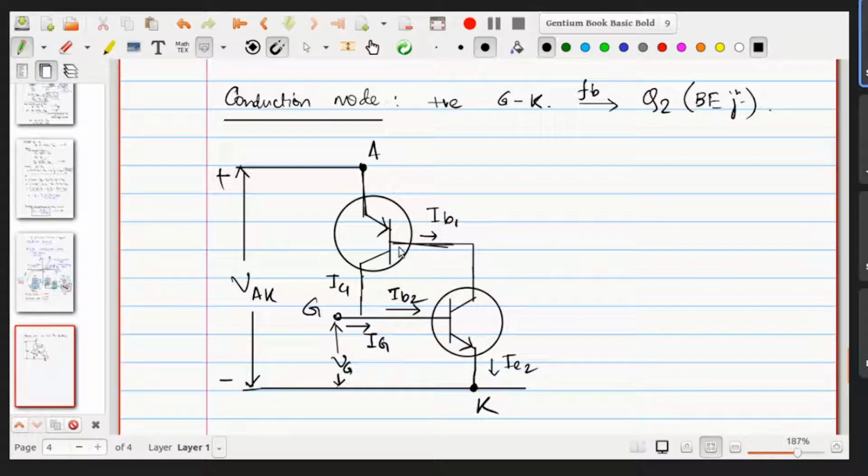Right, so just now we have tried to work on this. So in the conduction mode, what happens? A positive gate to cathode voltage forward biases the Q2 base emitter junction, and this causes a base current IB2 to flow. Consequently, what is it going to produce? It is going to produce IC2. Since IC2 is the same as IB1, you observe now, this is the current. So again, by the two-port network model, if you now remember, I mentioned in the last class